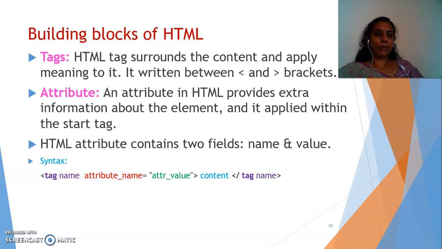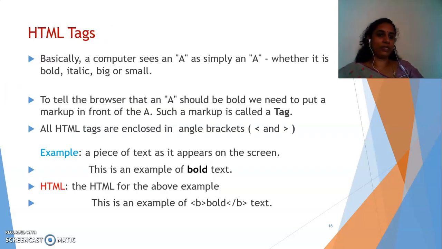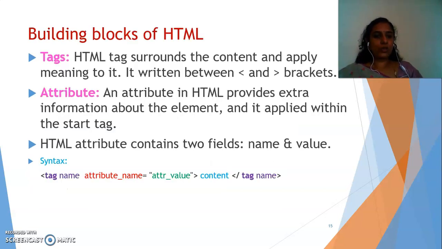So let's see what is meant by a tag. A tag is whatever you write within a set of angular brackets, and every tag has a name, right? Tag name. And there is also a special feature called an attribute for every tag. Okay, so every attribute for this tag can have some value also. So attribute name is equal to, within double quotes you give the attribute value, whatever you want to give. The HTML tags, whatever you are giving, the attributes are quite fixed. Okay, there is a fixed set of attributes list.